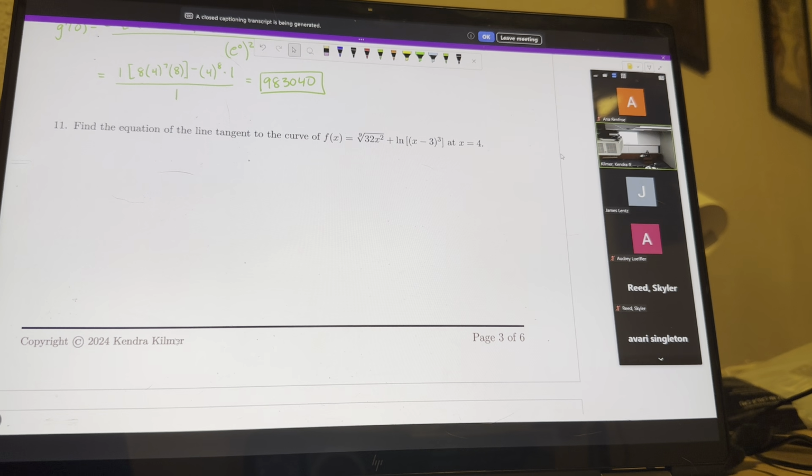Okay, so 11, find the equation of the line tangent to the curve of f of x equals the following. All right, so we can do a little bit of rewriting with our function. Anytime we see a radical, we need to rewrite it as a power function. So this would be 32x squared raised to the 1/9. So again, be careful here. It might be really tempting to just apply the 1/9 to the x squared, but it's not, right? Because that 32 is inside there. So I'm going to leave this as the whole thing, 32x squared raised to the 1/9. And then plus,